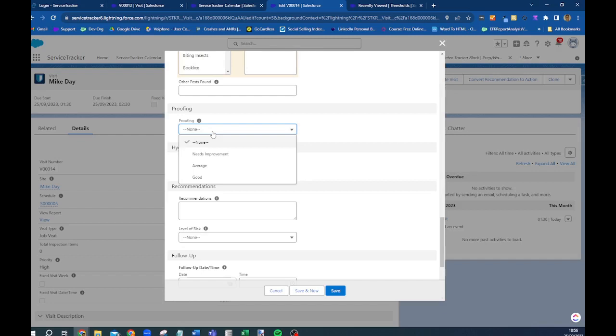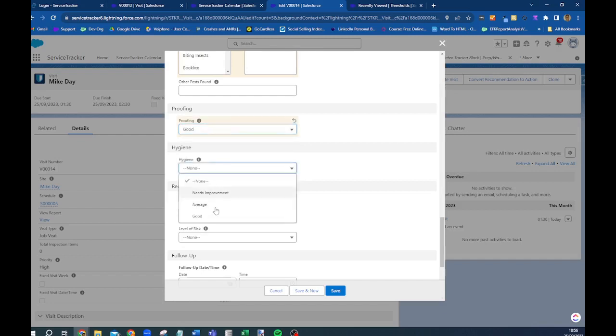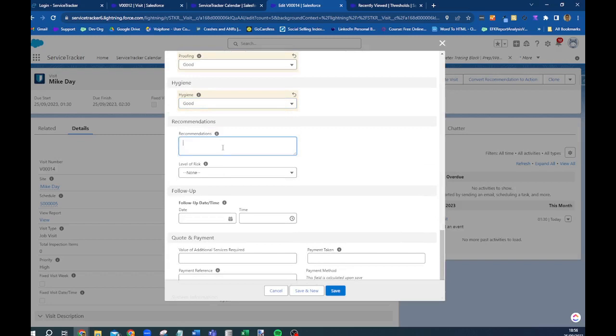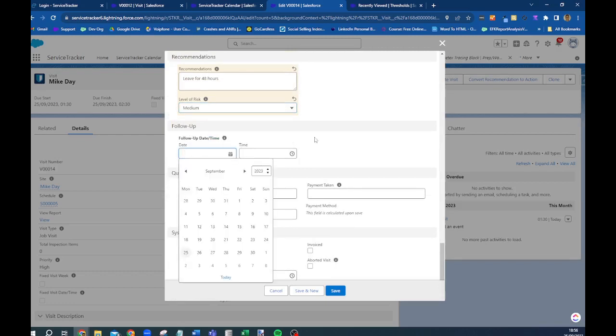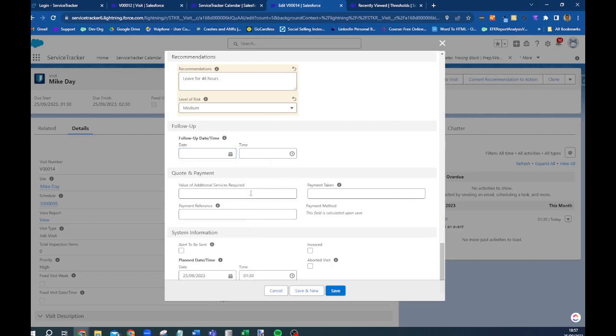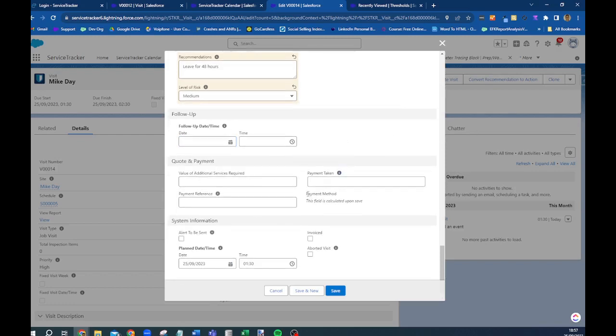Putting more details, are there any proofing problems, are there any hygiene problems, what recommendations, what's the level of risk, do I need to go in and do a follow-up? You don't have to put this in if you've already put in 3-part or if you've already done a contract. This is literally if you need an extra visit other than the visits that have already been planned. I can put my payment taken details if I've taken payment on site, and at this stage I click save,